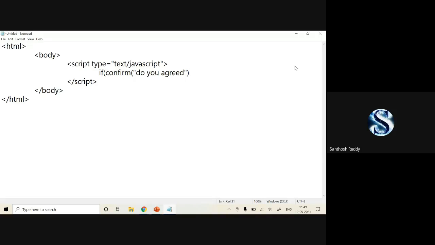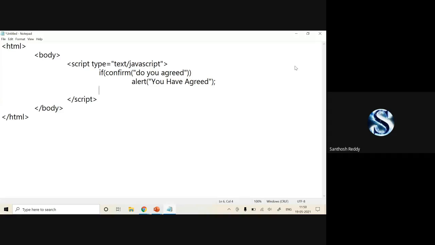That will be passed as a parameter to your confirm method. If you are confirmed, I want to post an alert. There is a method called alert, in which I specify 'You have agreed', and close it.